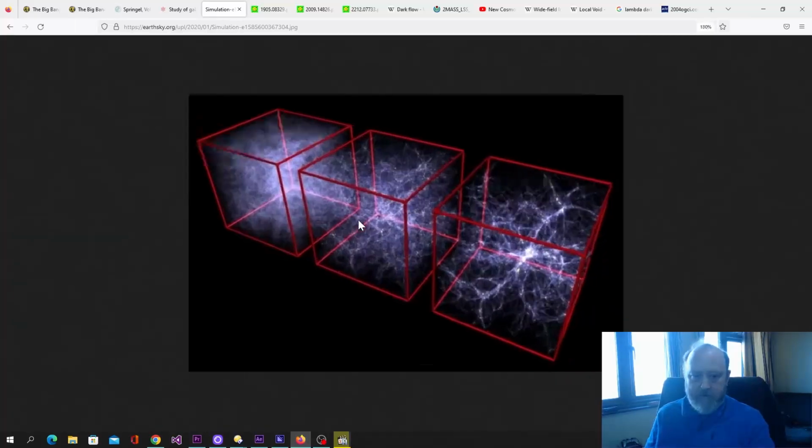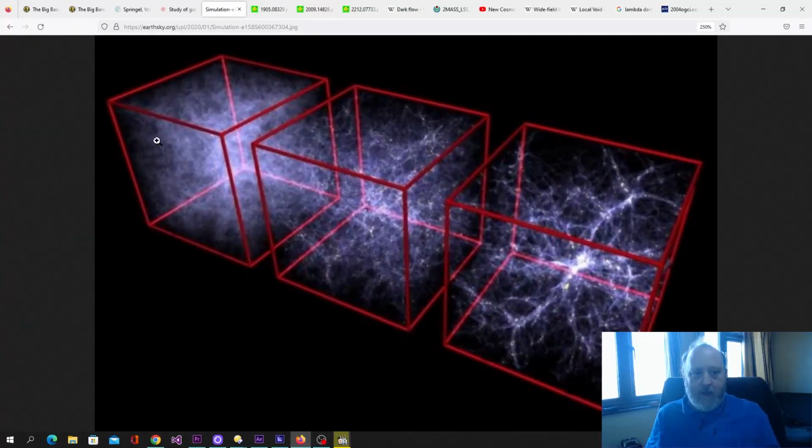Let's expand upon it, and it shows the evolution of the model. So we start off with a description of the universe being a homogeneous isotropic plasma, where everything looks the same, but inflation theory says that due to quantum fluctuations, there are ripples,